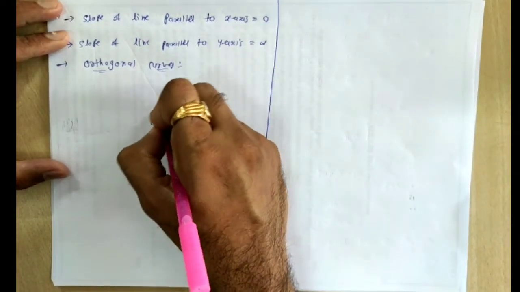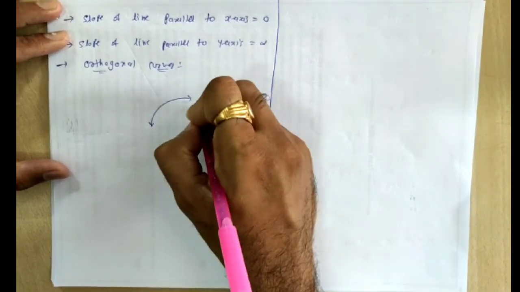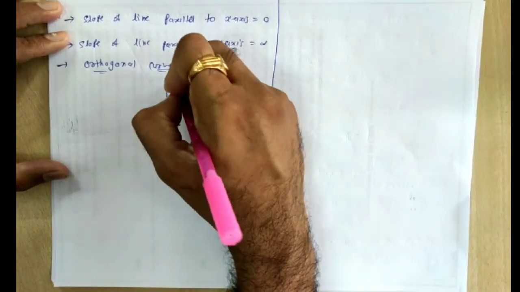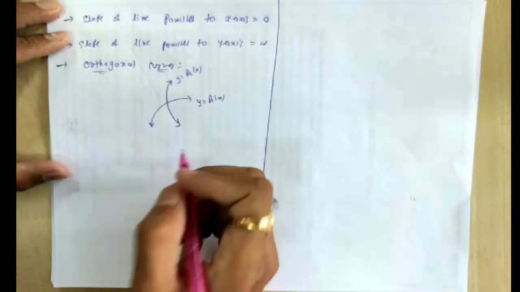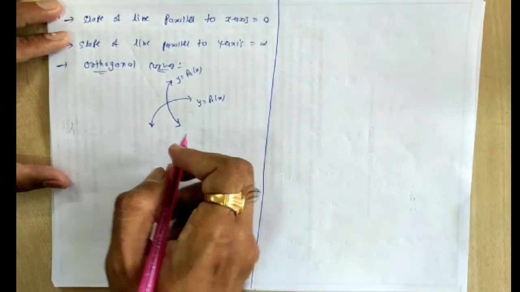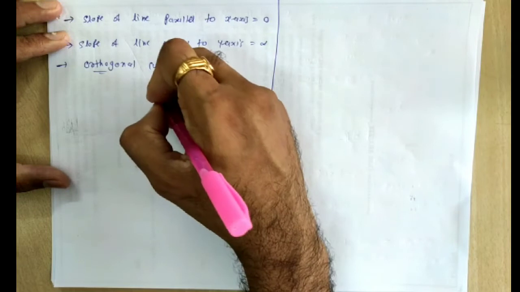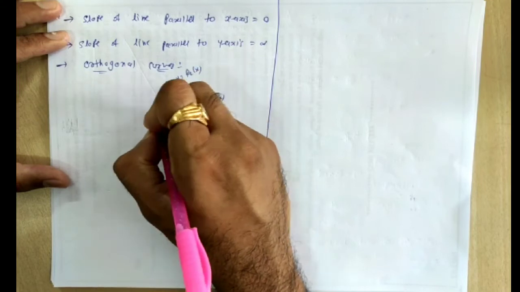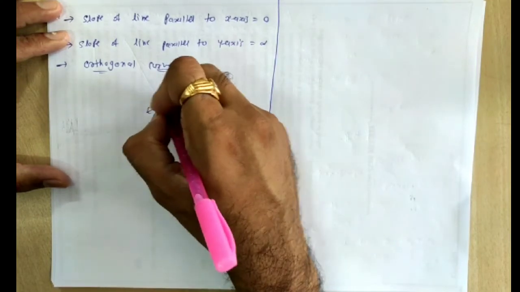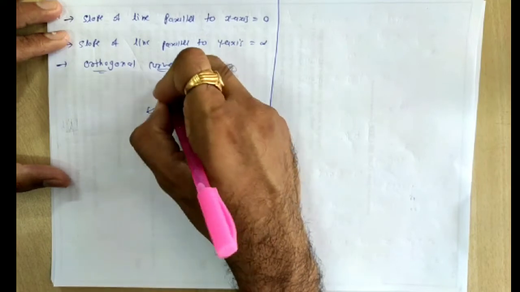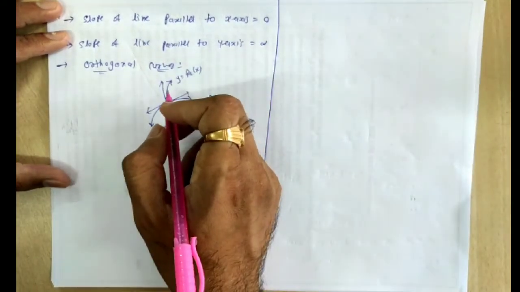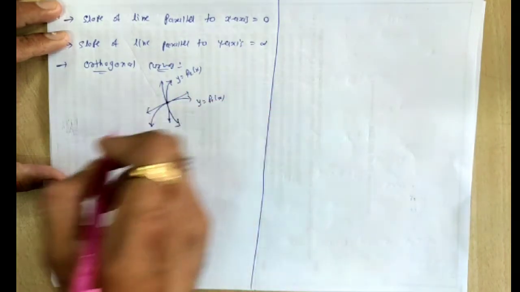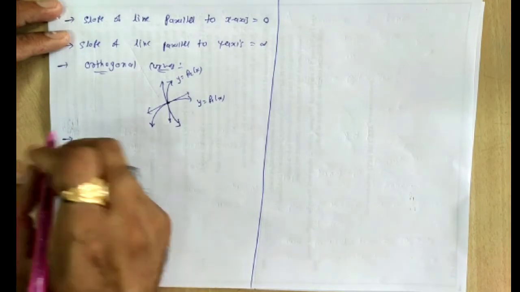Let us consider two intersecting curves: y equal to f1 of x and another curve, suppose like this, y equal to f2 of x. So what is an orthogonal curve? You have to draw the tangent of these curves. Suppose at the intersection point, one tangent is drawn here and another tangent is drawn here. If the tangents of the curves at the point of intersection are perpendicular, then the curves are called orthogonal curves. That means curves which are intersecting each other at right angles.